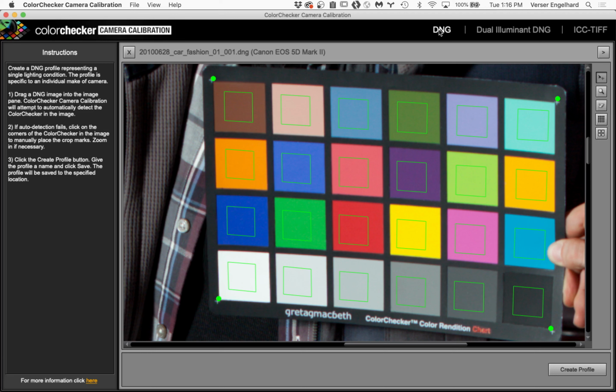If you wanted to, say, create a single profile that functioned for multiple different lighting scenarios, typically what people would do would be they would have a profile, they would have an image, a DNG that was shot in available daylight, average daylight, like a day like today. They would go out, shoot a color card. That would be the daylight version of it. But then they also would want one that was actually under tungsten light, hot lights. So they could do it either in your house under incandescent light,